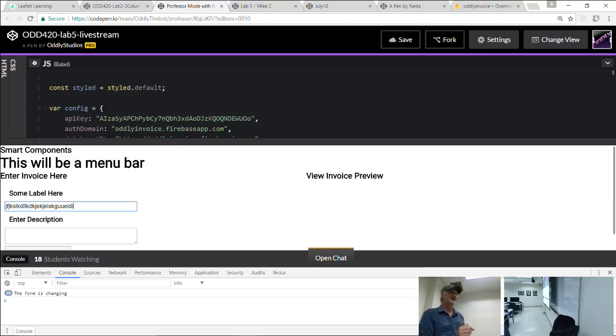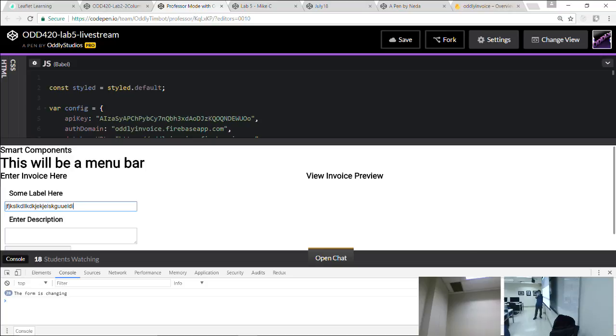So you see how that works, right? That's the eureka moment there. Every time the value changes here, the smart component now knows about it.